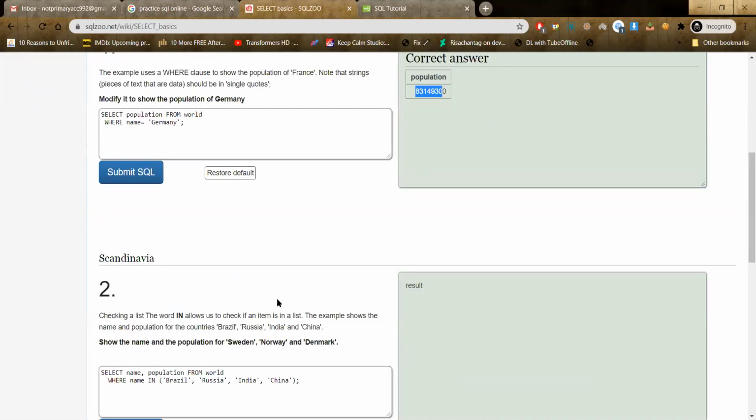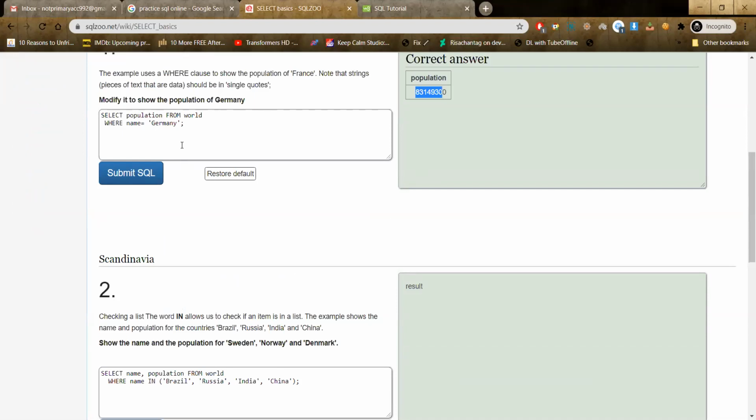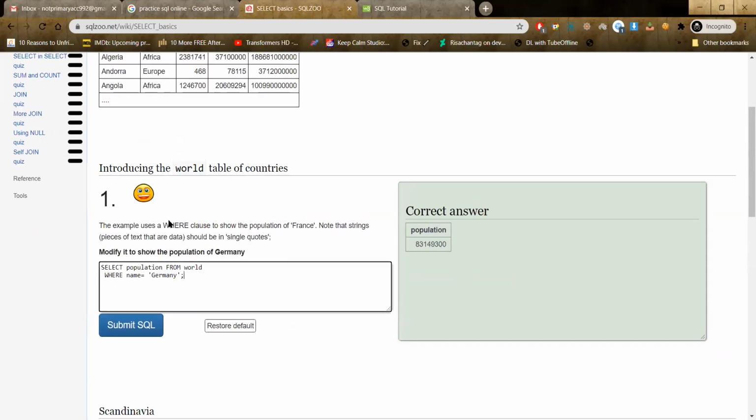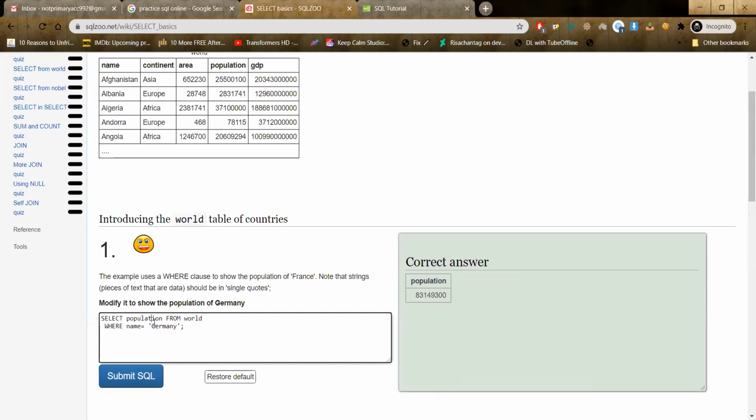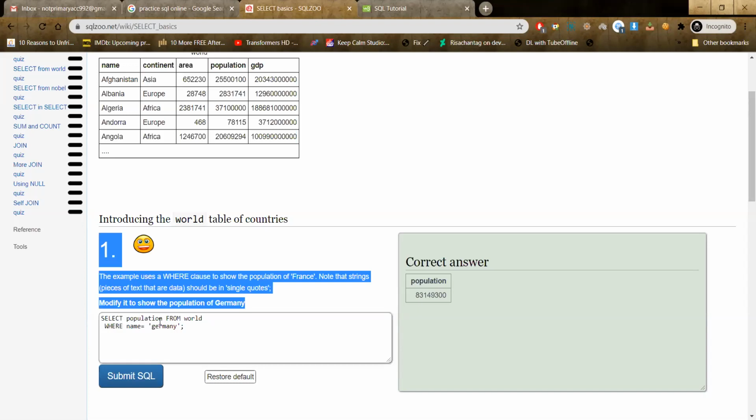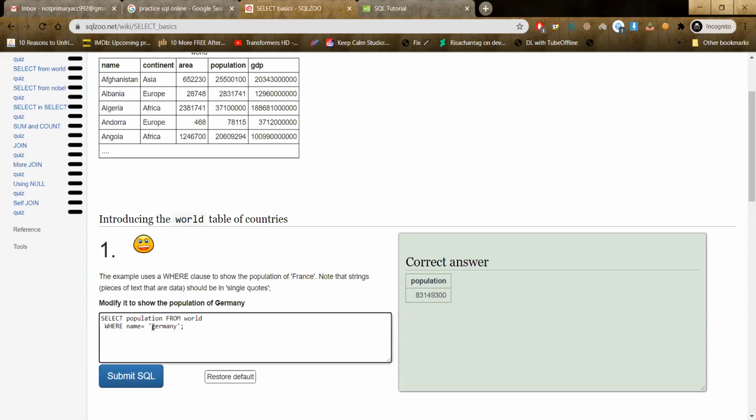So it is a case sensitive language. You have to be careful about what you're typing. If I type this, of course you have to provide the correct thing. Now normally this should not work, but no, it's not case sensitive. Select and from are not case sensitive, and even these values are also not case sensitive.